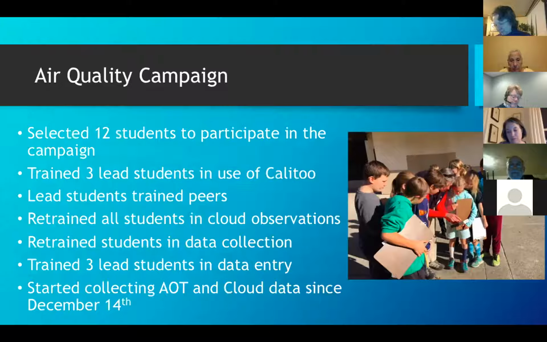We're still fine-tuning how to send it to NASA. We've had some trickiness with that, but NASA has gotten some of our data thanks to Tracy helping us out. So we had to look at cloud observations, and what else? We're taking temperature readings, the AOD levels, AOT levels, and